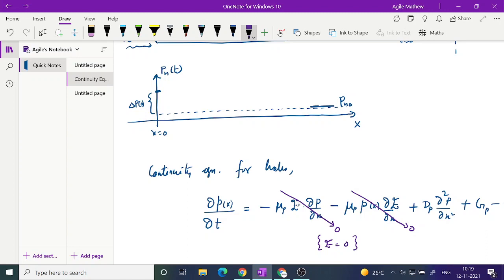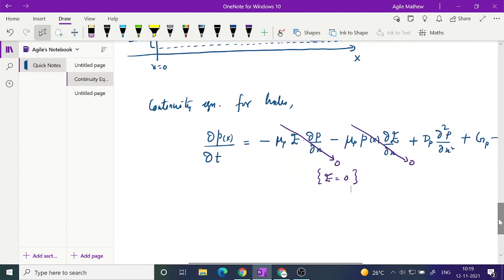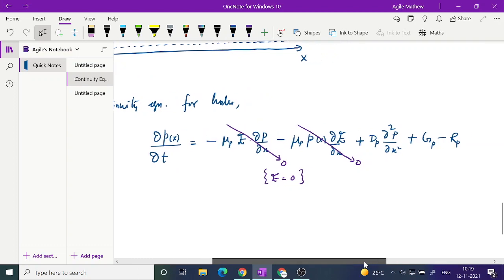Okay, the electric field is 0. So what matters is the remaining terms. Now, as I told you, we are not interested in rate of change with respect to time. We are interested in rate of change with respect to position only. Here P is actually a function of x and time, but what I am saying is that I am going to look at steady state. In steady state,